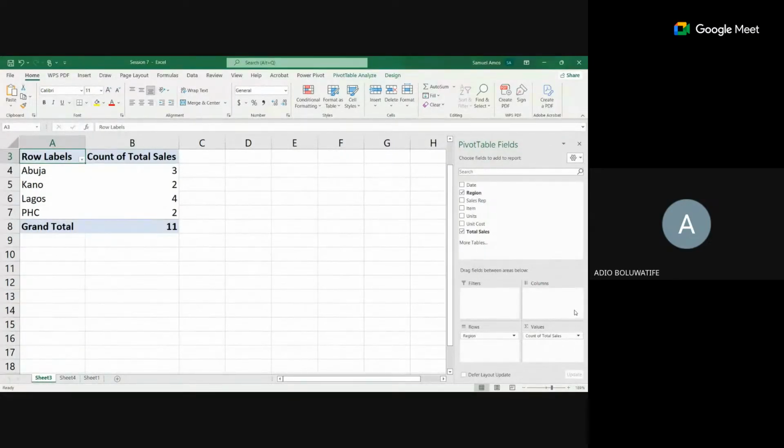But let's change it to sum right now. Let's change it to sum. So now from here, under this